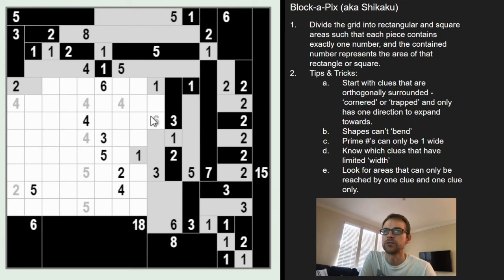And now this 6, right, there's not enough room to make it a 2x3 area. So it has to, actually, you know what? I think I made a mistake here. Somewhere there's a mistake. That's a 2x2 area, and there's not enough room to come this way. So I think